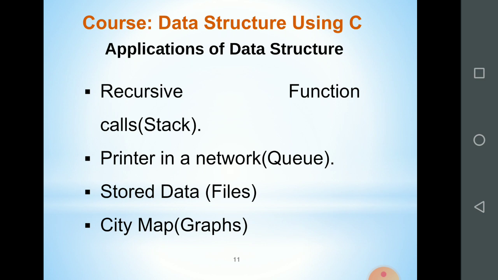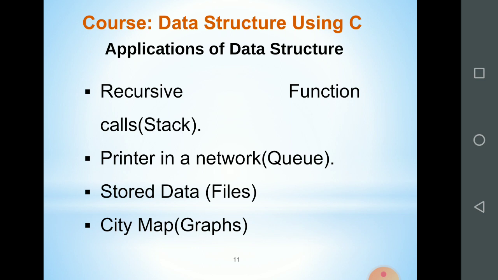Next are the applications of data structures. Recursive function calls are an example for the stack. These are the different applications, and we have to learn them in detail in every chapter. When we call a recursive function, a stack is used in the background. Then a printer in a network uses the queue data structure.